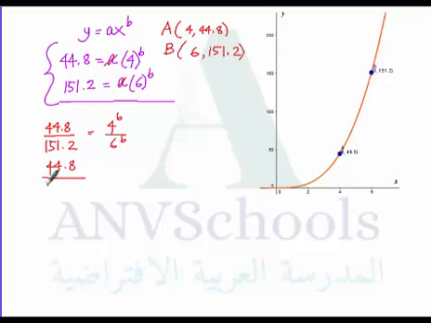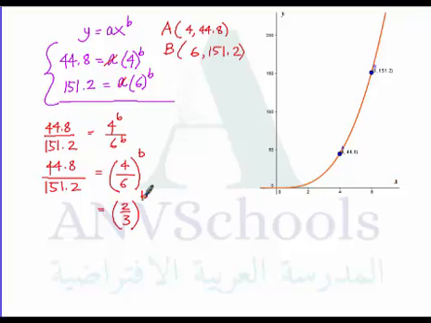151.2 is equal to, we could unite 4 and 6, so make it as a fractional quotient, a rational quotient, raised to b. Okay? And 4 over 6 is just equal to, what is 4 over 6? That's equal to 2 over 3. So 2 over 3